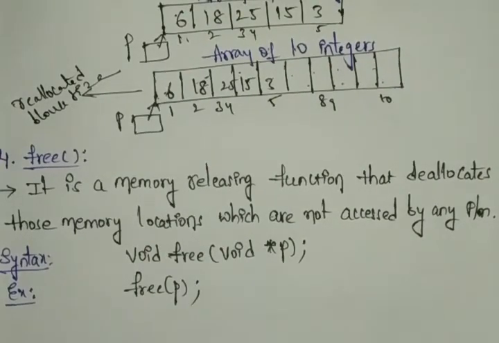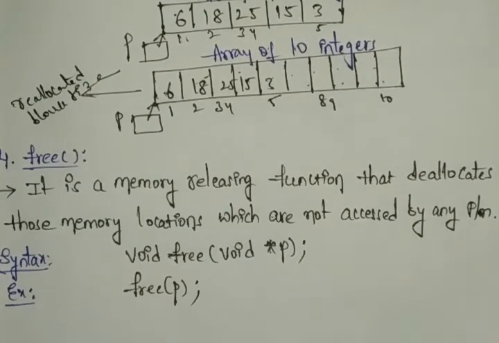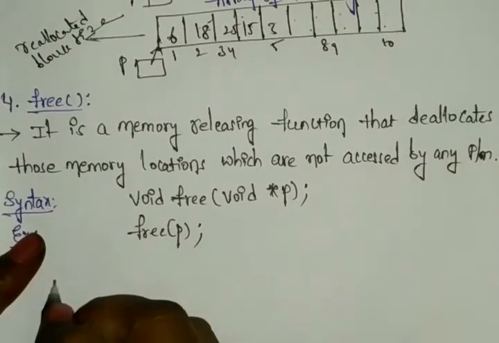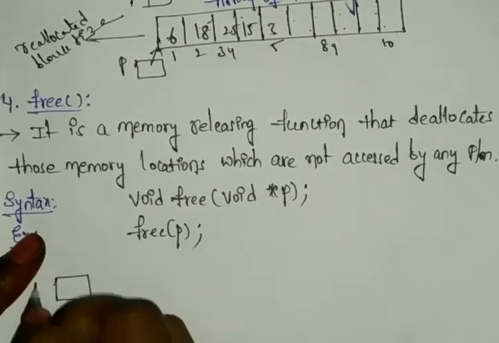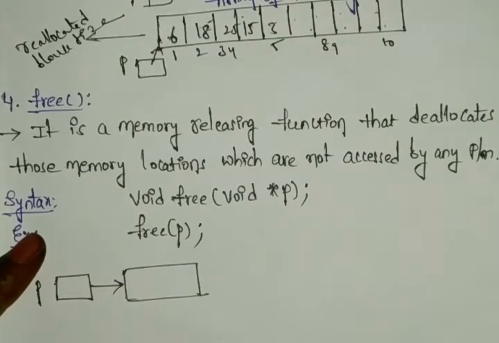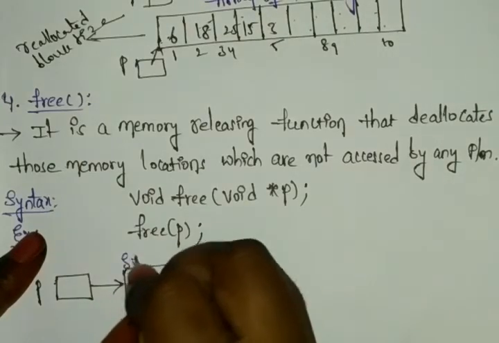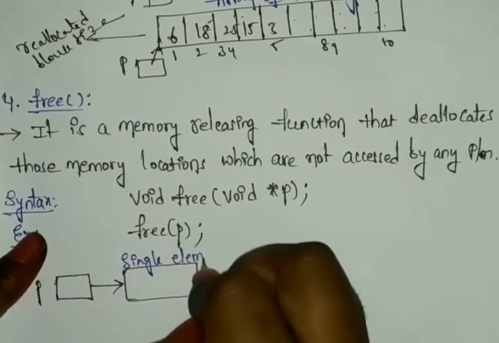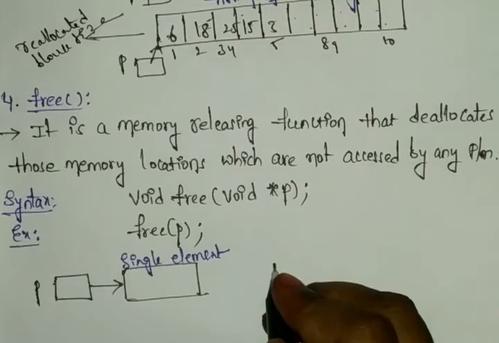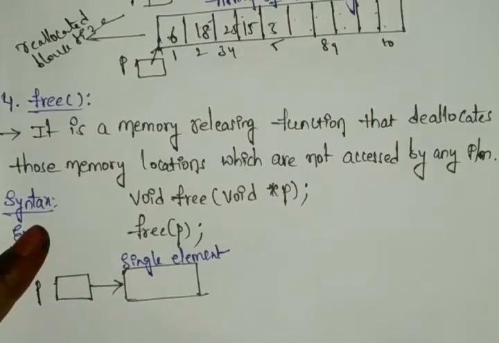Just I am taking the p. So how will it be located in our program? If this p is pointing to the memory block that has a single element, how will it be accessed, how will the memory in the block be released? Let's see here. First we have one single element for our p. Okay, so this is our single element. We can write here single element, right? So once you release the memory of the block, it can be performed like here